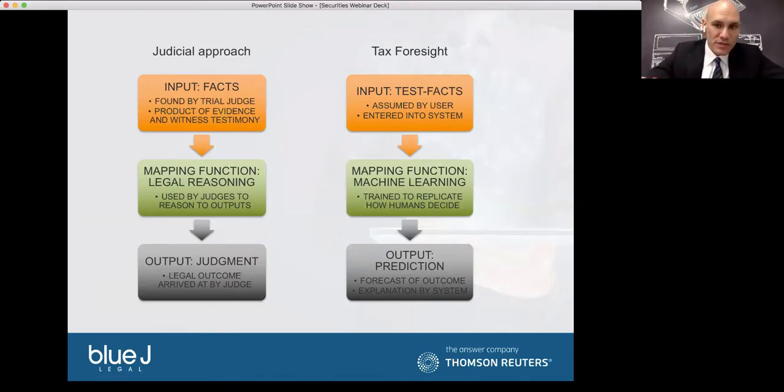So in Tax Foresight, what we do is look for the user to supply those facts. The user is essentially performing the role of the trier of fact, providing a bunch of facts to the system. The system will elicit those facts from the user, ask all those questions, get the facts. The user makes up essentially the story, the narrative, what actually has gone on. And then we use machine learning to map those facts onto the most likely outcome that a court would have produced had a court been confronted with those same facts. If a judge had found those same facts that the user provided to the system, what is it that a judge would have likely said in those circumstances?